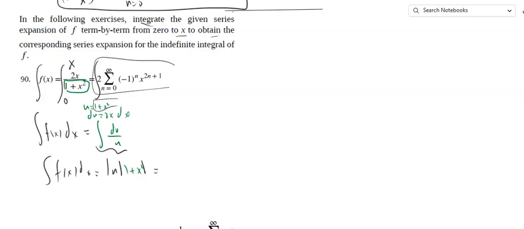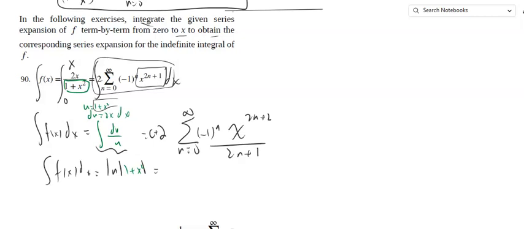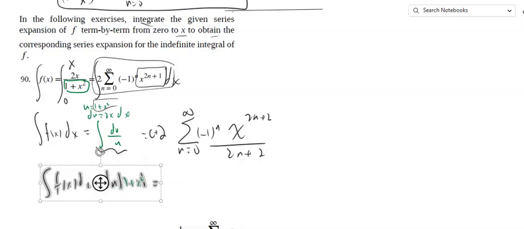And here, what's that integral with respect to x? The 2 you leave alone. C plus 0 to infinity. The constant you leave alone. The only piece you have to worry about is the varying part. Add 1 to the power. Divide by that. So this is what I'm getting. Natural log of 1 plus x squared, I don't need absolute value because this is always positive, is c plus,